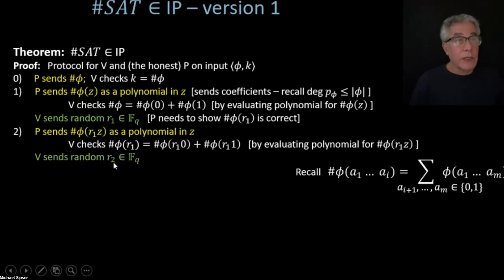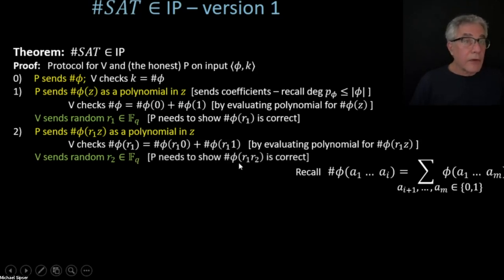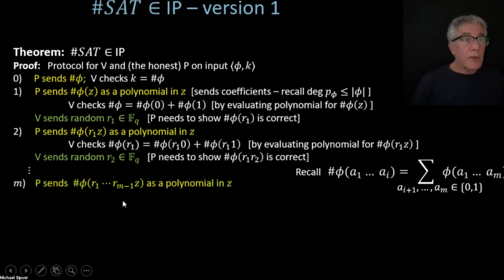So it's going to evaluate that new polynomial at a random location, by picking a random value R2 in the field, and now it needs to show that this value is correct, because if that polynomial had been the wrong polynomial, it disagreed with the correct polynomial almost everywhere, and by picking a random place, it's probably not going to be the right value, and so on, until we get to the end,